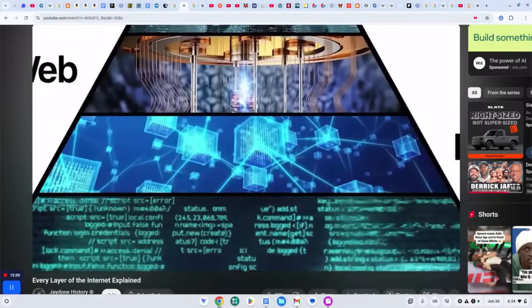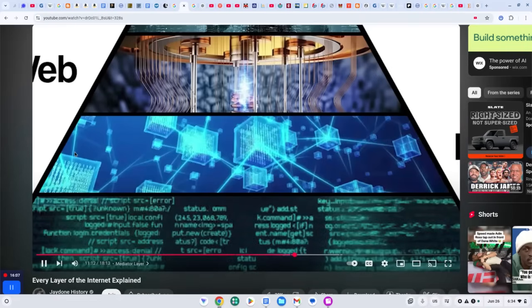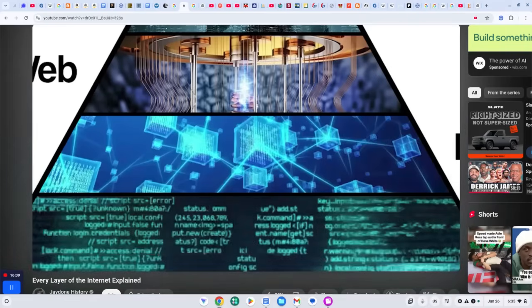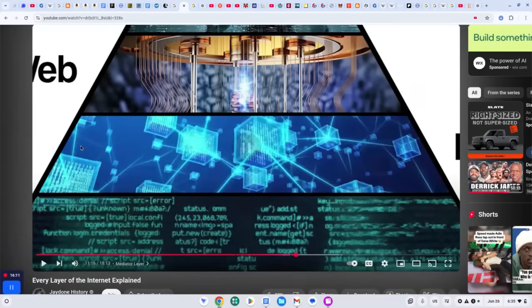The mediator layer, often referenced in speculative internet models rather than official networking standards, is described as a transitional zone between the more accessible layers of the internet, such as the surface web, deep web, and dark web, and the deeper,